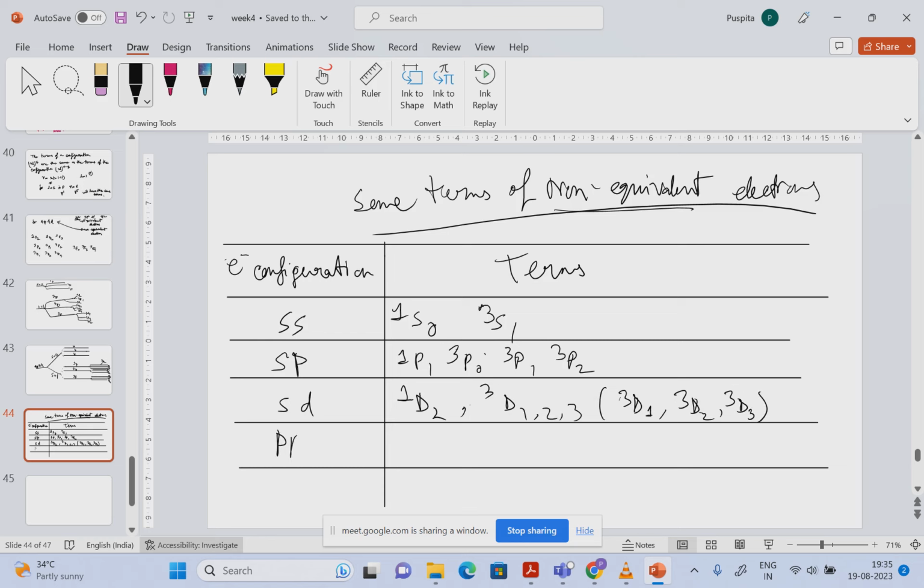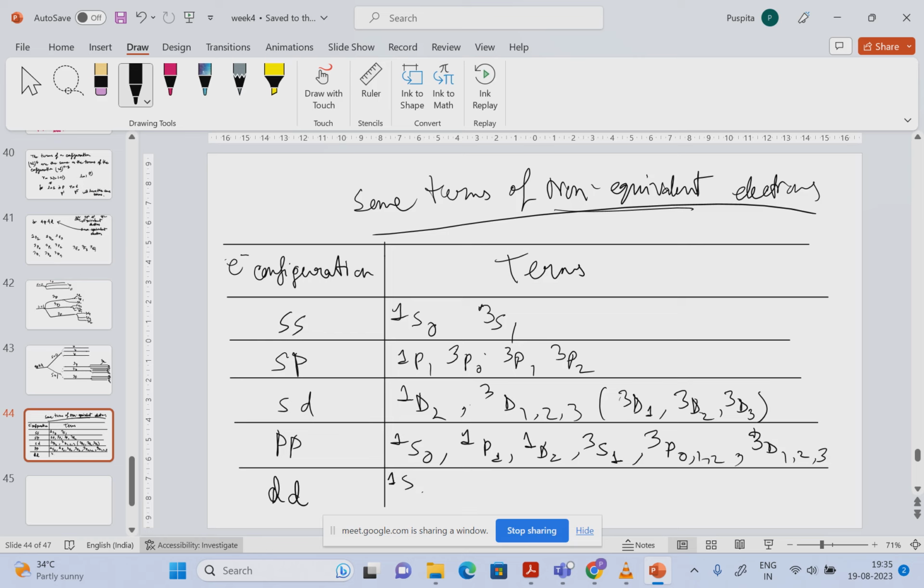Now look, PP. S is 0: 1P1, 1D2. S is 1: 3P0, 1, 2, 3D1, 2, 3. For DD,